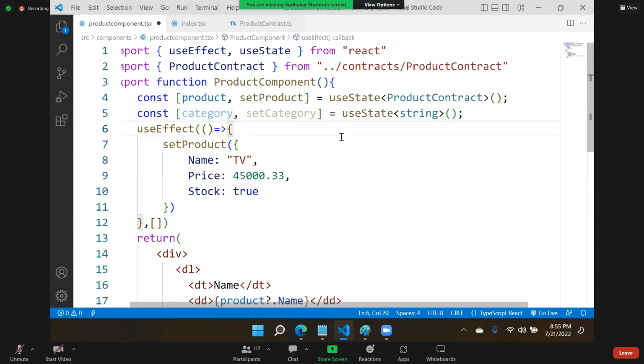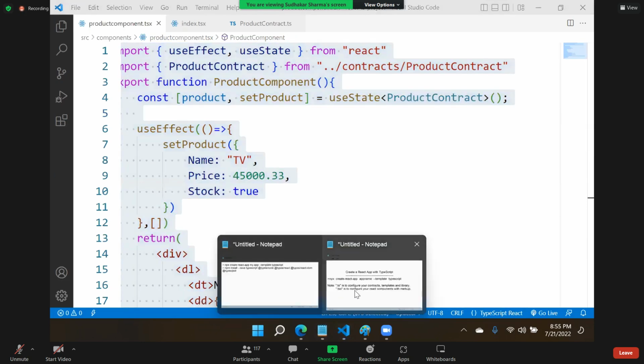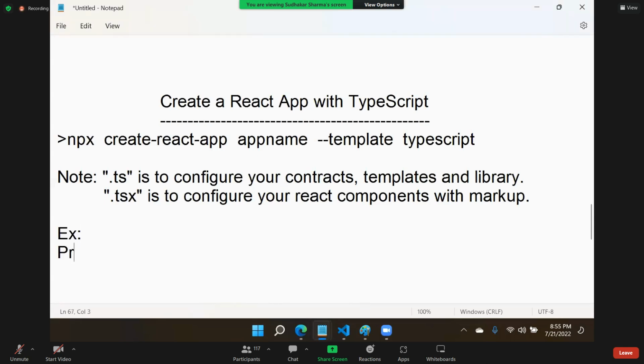This is the only change you will find in configuring the data. All your hooks are the same, all your functionalities are the same, right? The only point is that the data type for the data you are dealing with is strongly typed. That's the only point you need to understand here. That is generally the example, I will just copy this. So this is one example here. This is product. So we have product